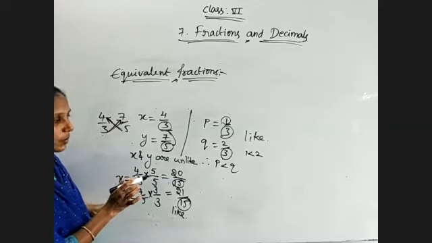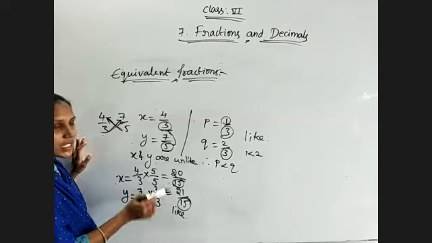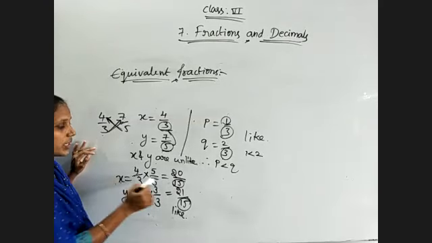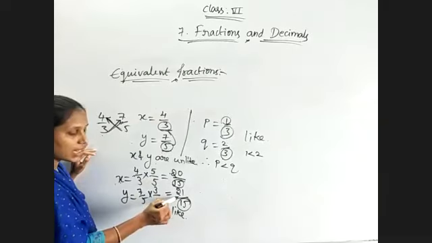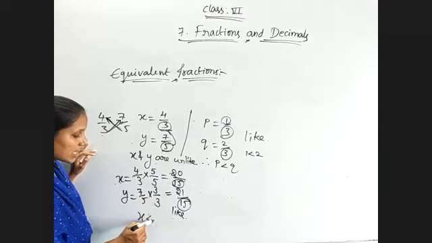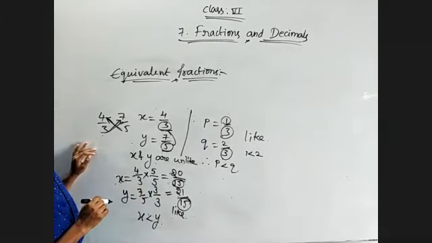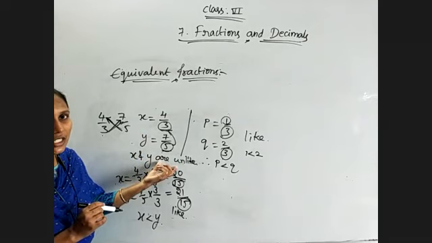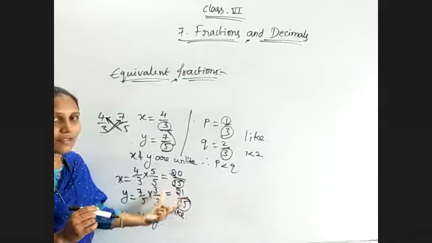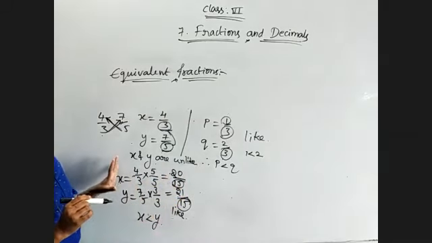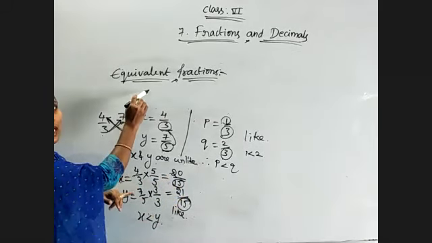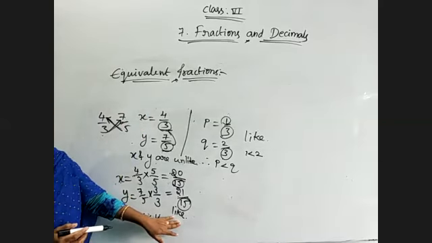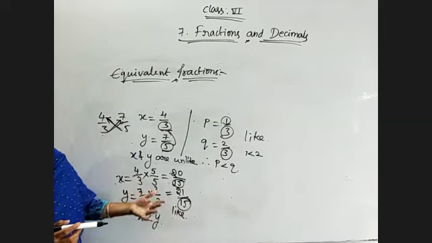Now coming to the next step, decide which is greater and which is lesser, x or y. Observe, the x value is 20 by 15 and y is 21 by 15. 20 is lesser than 21, so x is lesser than y. That's all. If we take them directly, we are unable to decide because they are unlike fractions. For that, we convert them into like fractions by using the cross multiplication method, in which we use equivalent fractions. So we get the final answer as like fractions. Then we are able to decide which one is greater and which one is lesser.